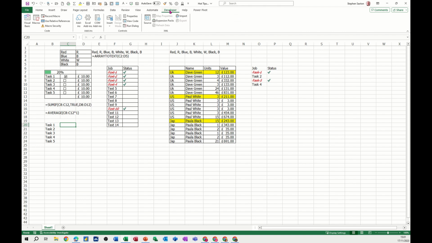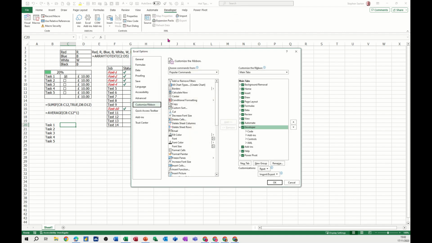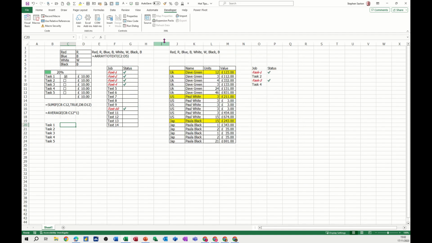Now if you haven't got the developer tab, you basically need to right click on any other tab to go into customize ribbon, and then you can just tick the developer tab on. It is part of Excel, it's not an add-in or anything. Click it on. In there in the controls area, you've got this insert bit where you can use these options, and this is the one I want, this little ticky box. Clicking on that, and I'm drawing